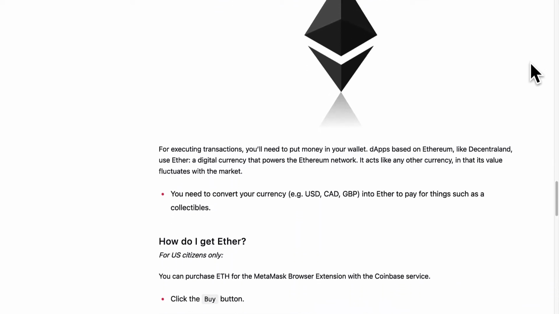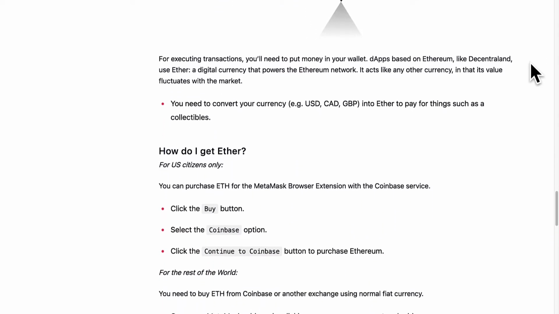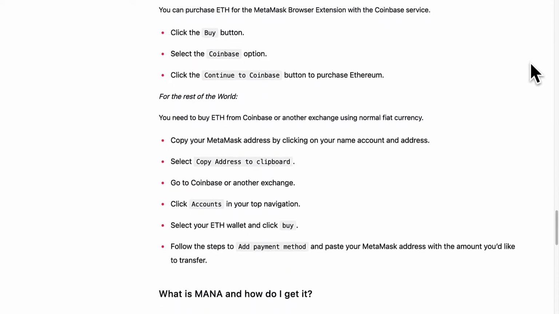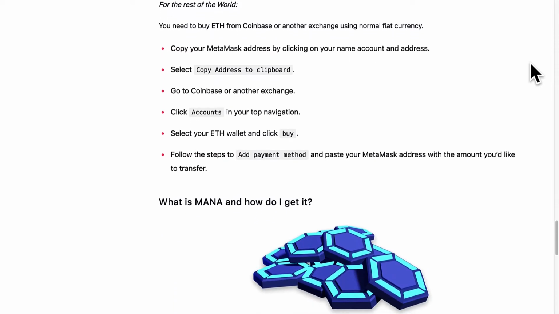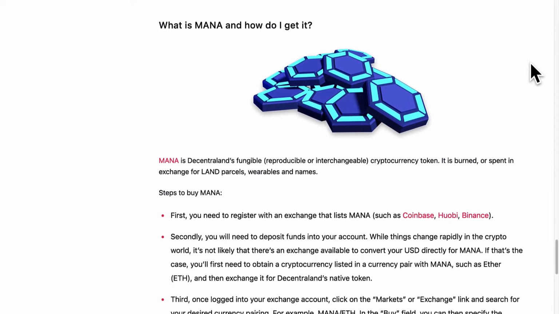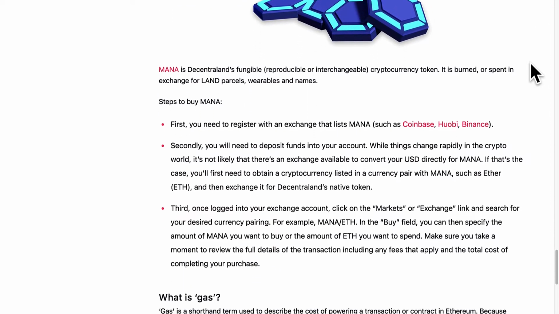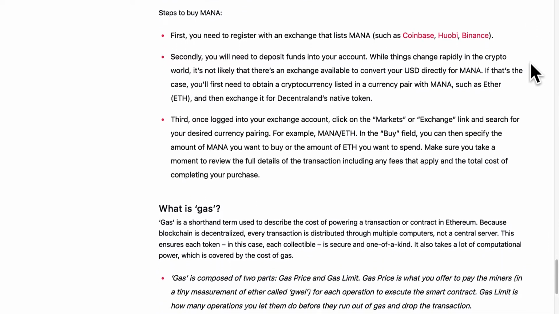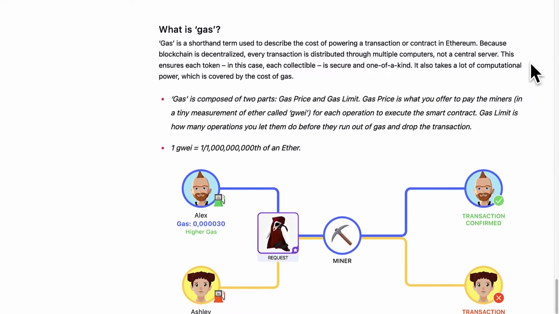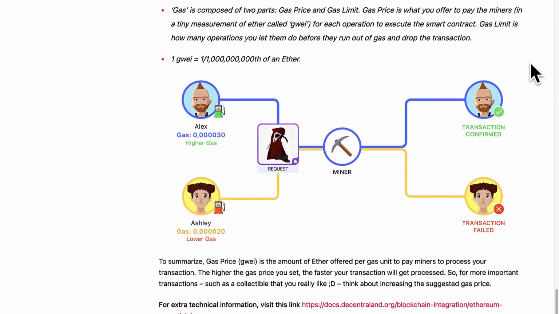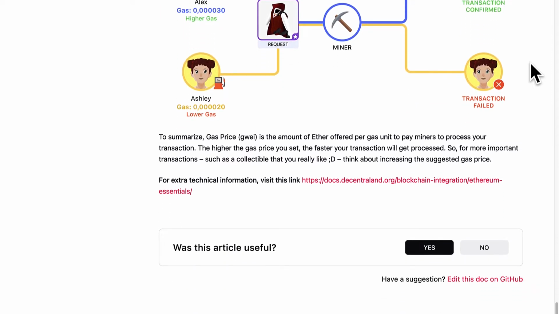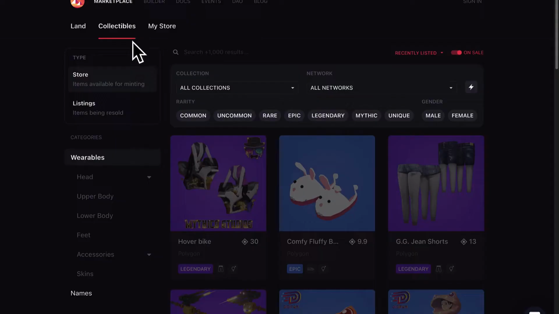Next, we'll discuss Decentraland's land versus MANA. MANA is the cryptocurrency, the native token of Decentraland. It is burned, meaning spent, in exchange for land parcels. So you can buy land with MANA. The amount of land in Decentraland corresponds to the fixed total amount of MANA. So when Decentraland was first created, there was an initial amount of MANA that cannot be changed. And the amount of land available to us is equal to, or correlates with, that amount of MANA.